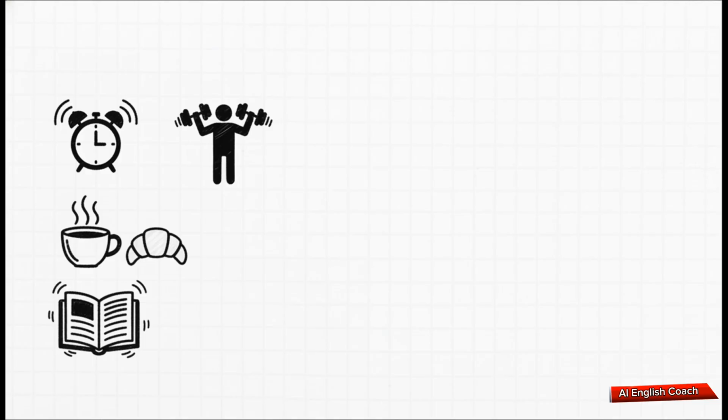Here we go. I usually wake up at 6 a.m. I usually exercise in the morning. I usually have breakfast at home. I usually study in the evening. See how smooth that feels by locking in that I usually phrase right at the start? You don't even have to stress about the grammar for the rest of the sentence. You literally just attach your action to the end of it. Boom, done. It's incredibly efficient.